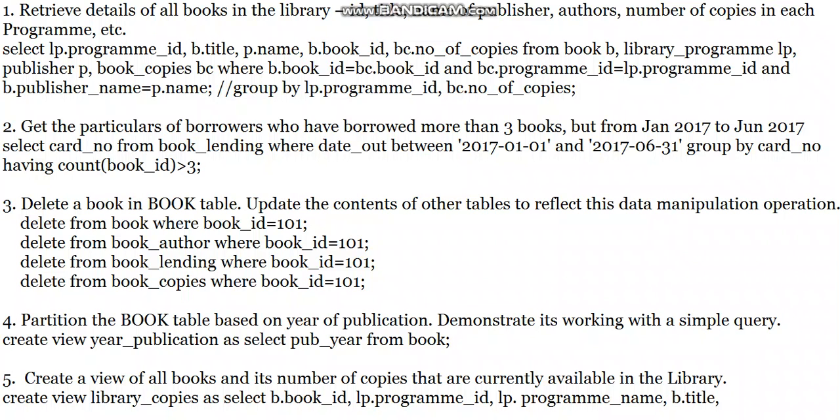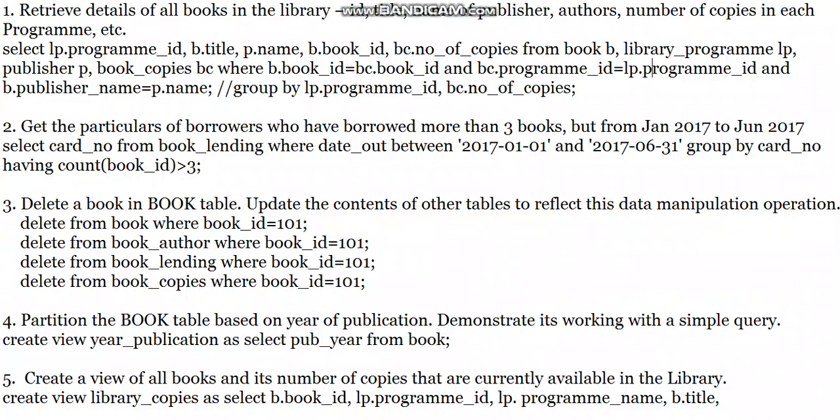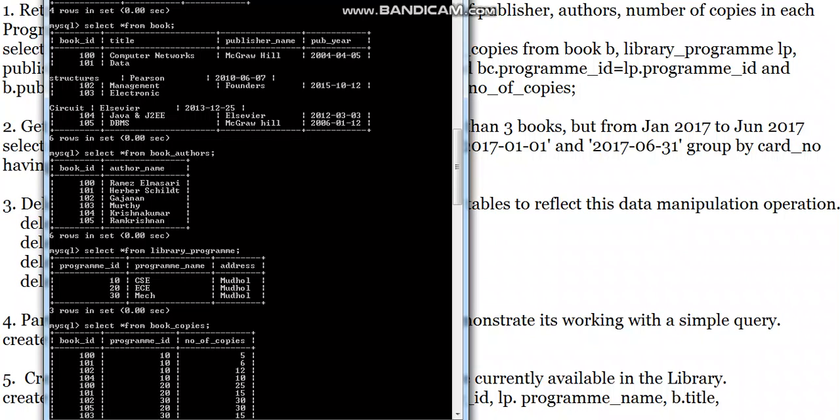So if you observe the create statement, the library program and book copies have program ID, which is a referring one. So just match these program IDs. So you will get, for this program ID, you have this book and it has this number of copies. So that is what we will get here, and the publisher name. If you want a publisher name, we are matching with book publisher name as well as this. So if you execute the query, you will get